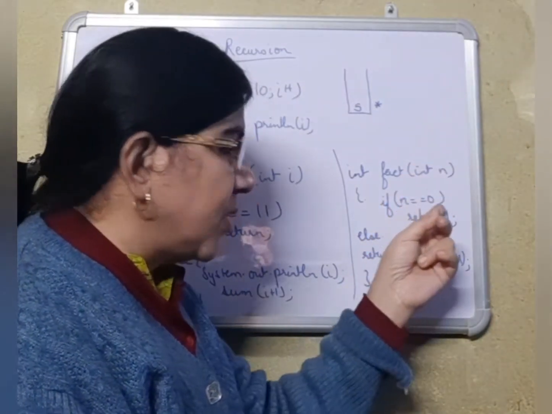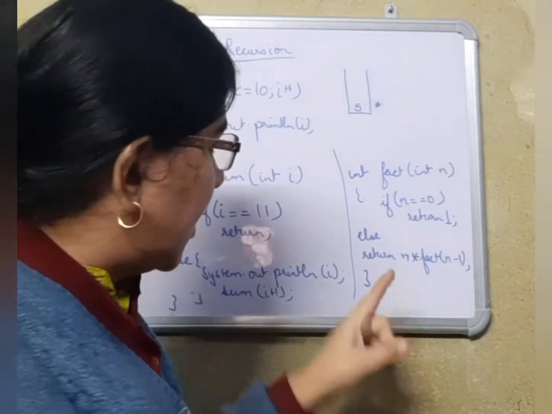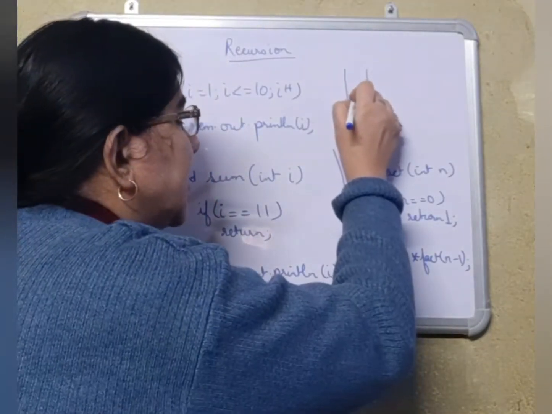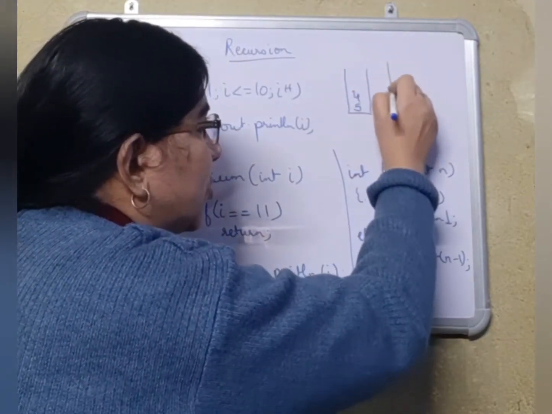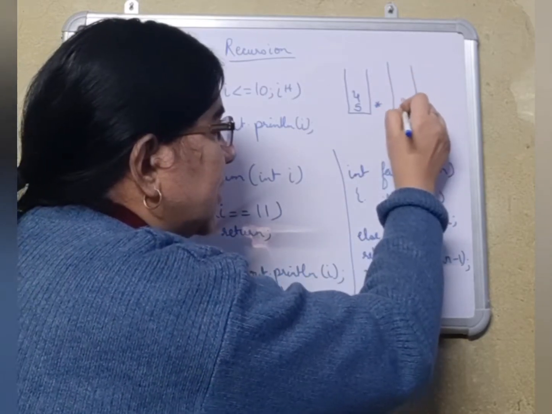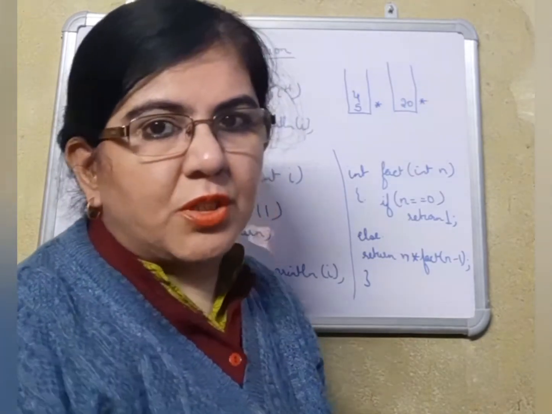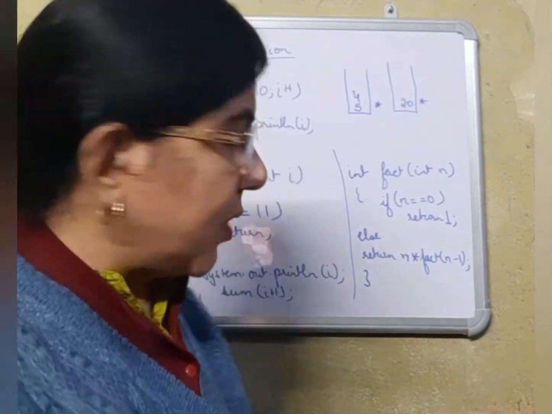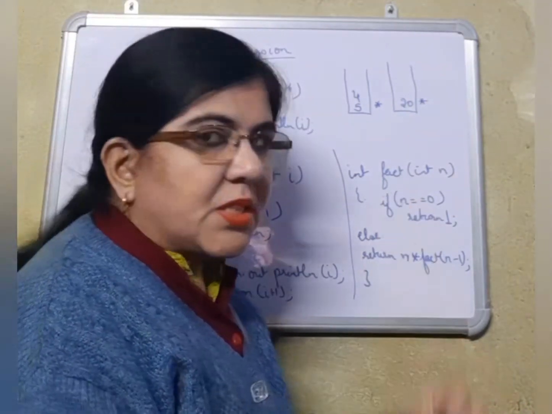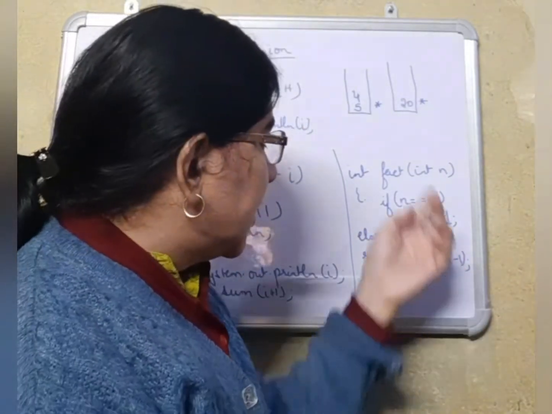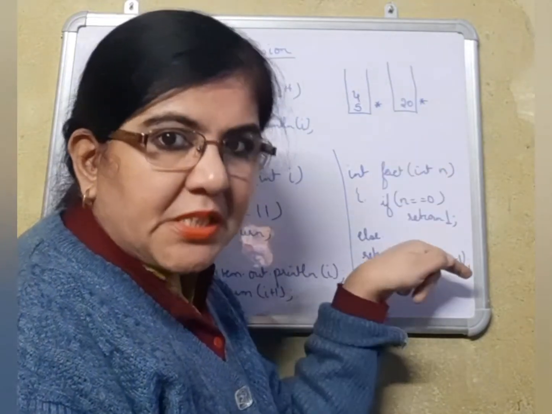Coming inside, 4 is equal to 0 is a false condition. Again it will keep 4 in the stack memory, and since now two values are present, a total of 20 will be sitting in the stack memory with a multiplication operator outside waiting for the next variable to multiply with. Then fact will call itself and send 3. 4 minus 1 is 3. 3 will reach over here, come inside.